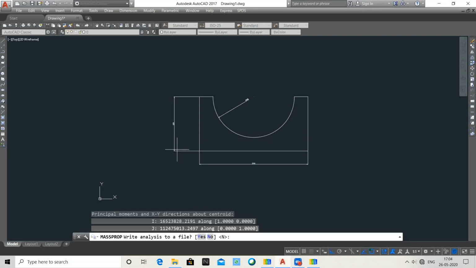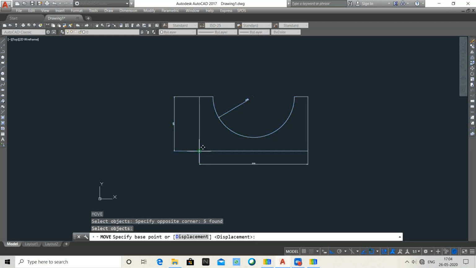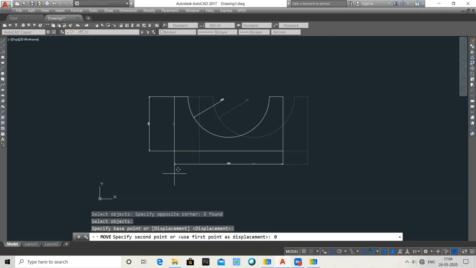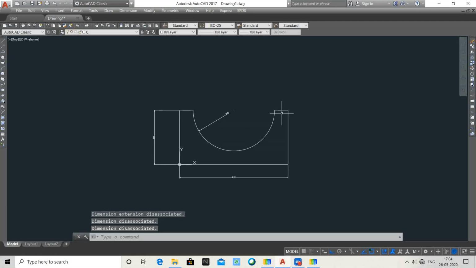There are some changes required, so I go to the move command. I am changing the origin point to 0, 0. So use the move command M, then give the displacement 0, 0. Then we find the mass property, MASSPROP.